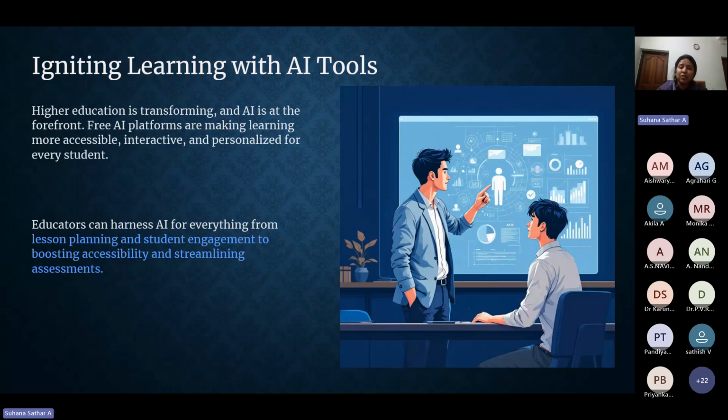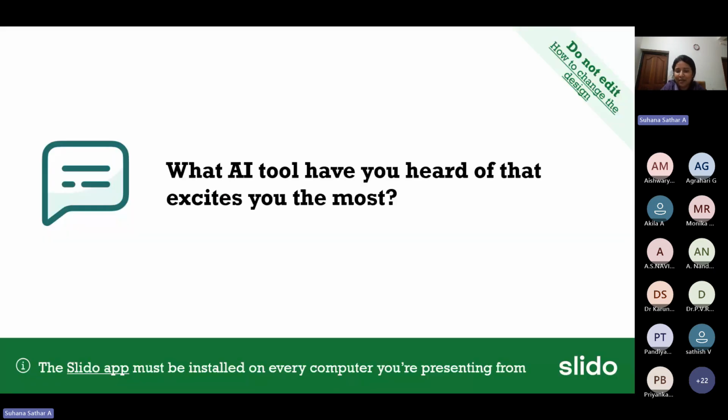Okay. So today, during the session, most of the time we are going to devote to hands-on experience, and I'll be introducing a few tools which definitely would make a big change in your classroom. But before that,